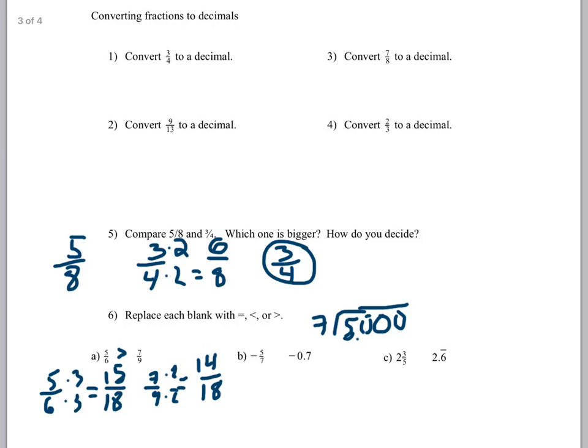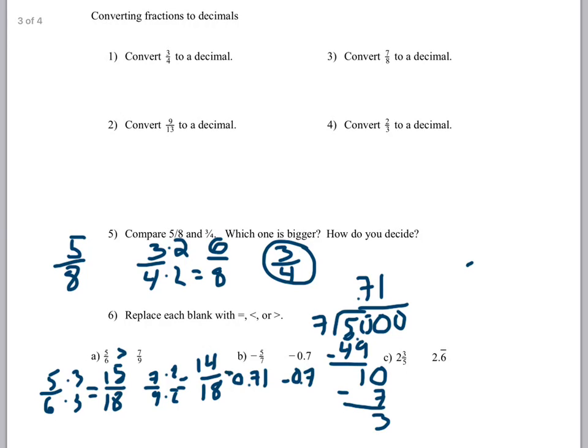So 7 goes into 50, putting the decimal in there, 7 times. 7 times 7 gives me 49, and then I subtract, and 50 minus 49 gives me 1. Bring down the 0. All right, now how many times does 7 go into 10? 7 goes into 10 once. And 7 times 1 gives me 7. I subtract. I can pretty much stop at this point because I know that this one is negative 0.7 repeating, and this one is negative